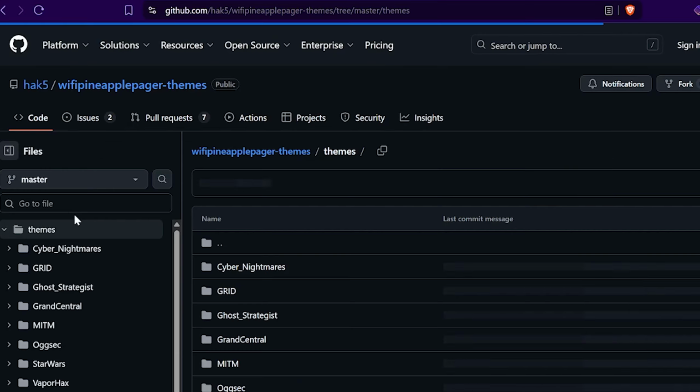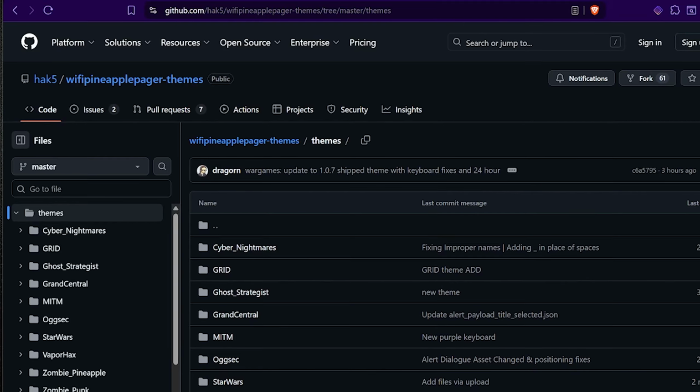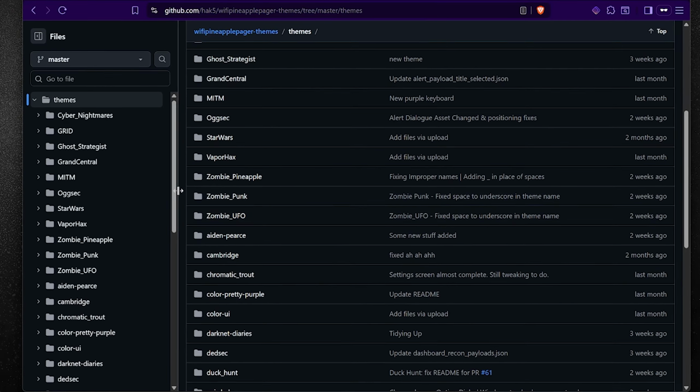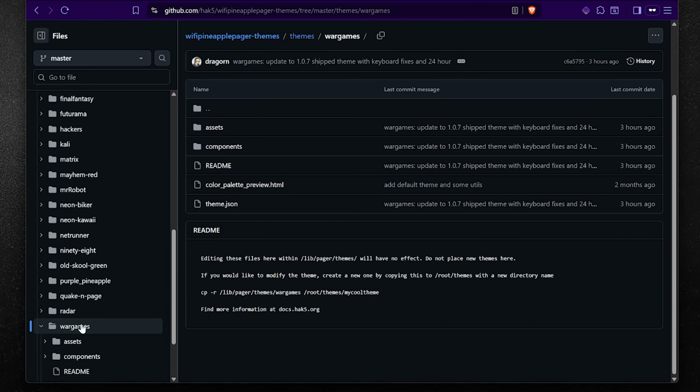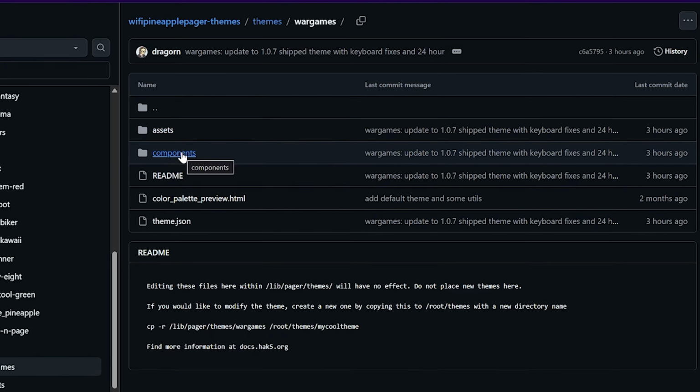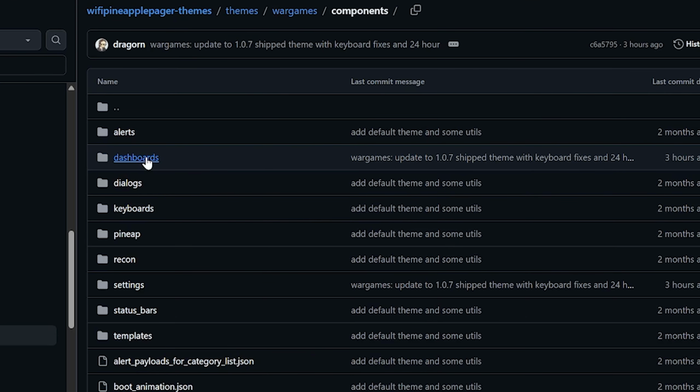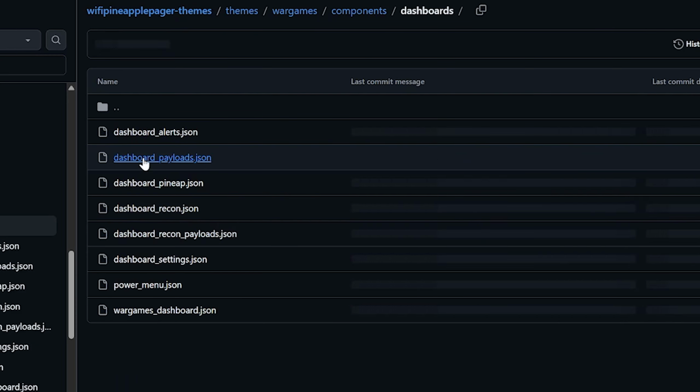Going into the themes folder, we're going to go down to the Wargames theme. This is the default theme on the pager. In this firmware update, they changed a few files that you'll want to update in your custom themes. Let's go to Components, Dashboards, and click on the